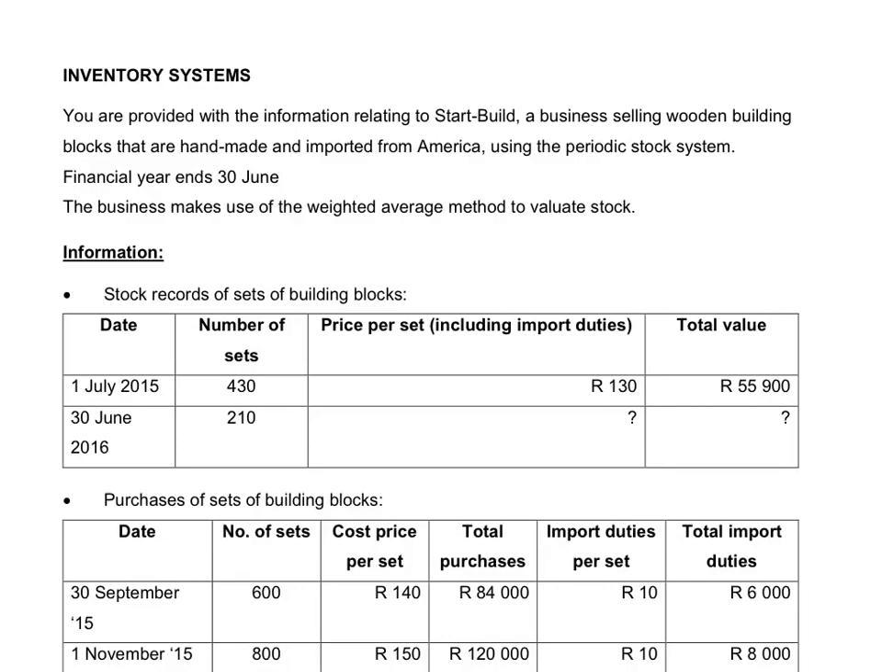This business uses the perpetual inventory system and they use the weighted average method to evaluate stock. The weighted average means that they work out the average amount for all the stock that they had available during the year for sales. So to calculate this weighted average, you have to take your opening stock plus all your